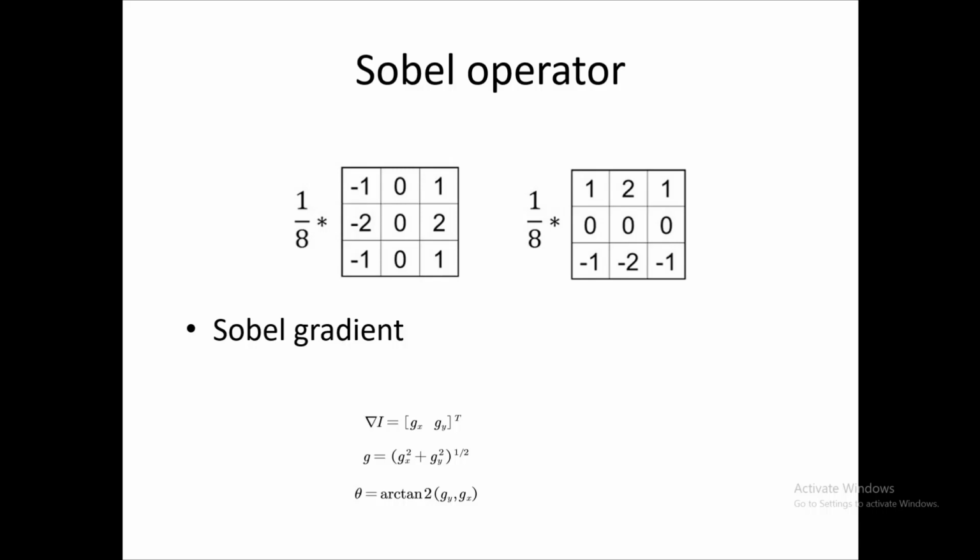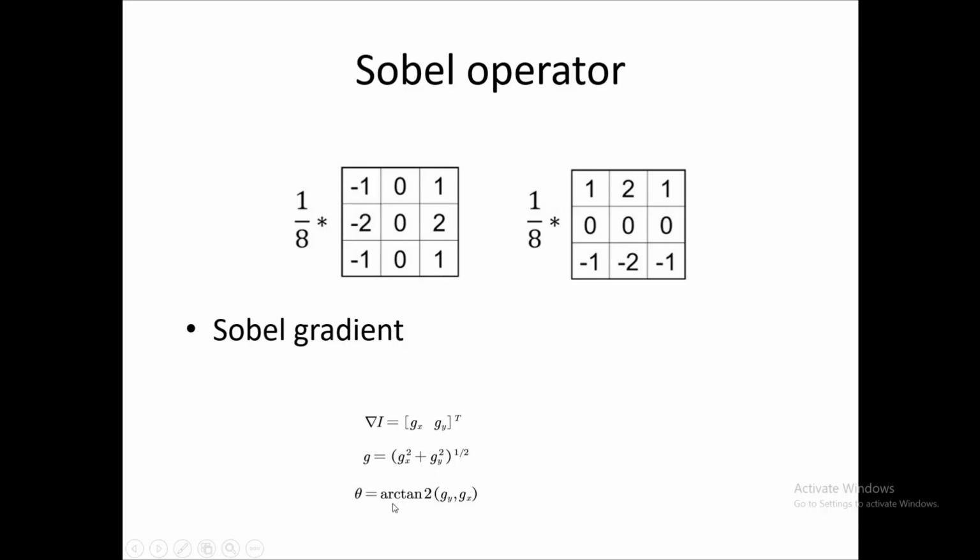It also gives the gradient along the x direction, or the derivative along the x direction, and we get the gradient along the y direction. And we get the magnitude as we obtained before, and we also have the